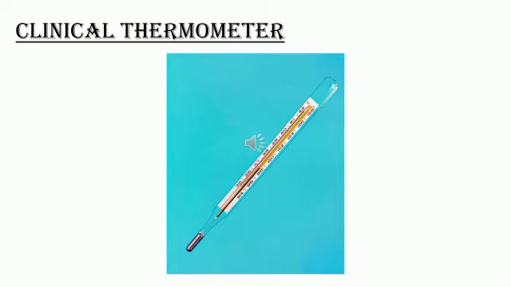So a clinical thermometer consists of a long, narrow and uniform glass tube. It has a bulb at one end, and this bulb contains mercury. Mercury is a liquid metal and it is a good conductor of heat. So outside the bulb, a small shining thread of mercury can be seen. If you do not see the mercury thread, rotate the thermometer a bit till you see it.